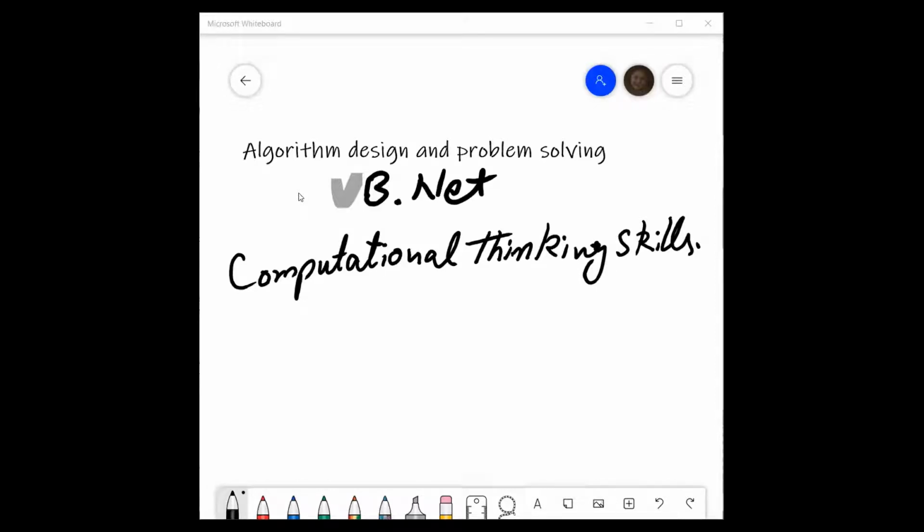This is a skill that is used to study a problem and formulate an effective solution that can be provided using a computer. If I could just write this down,